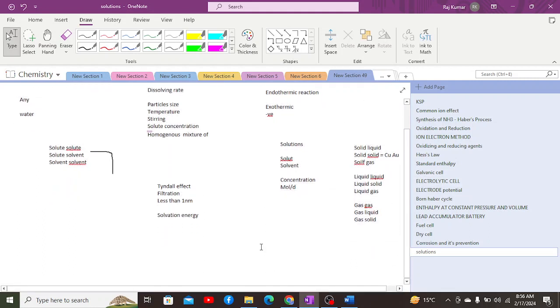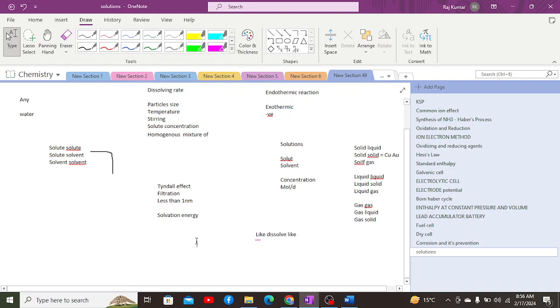And one more thing I'd like to highlight is miscibility. There are three types of solution based on miscibility: completely miscible solution, partially miscible solution, and incompletely miscible solution. Completely miscible solutions are those in which the principle of like dissolves like is occurring, such that water is able to dissolve with solutions which